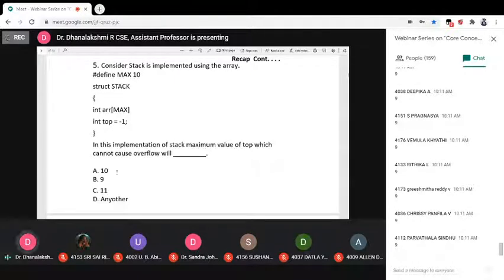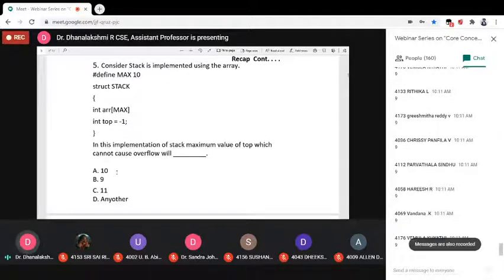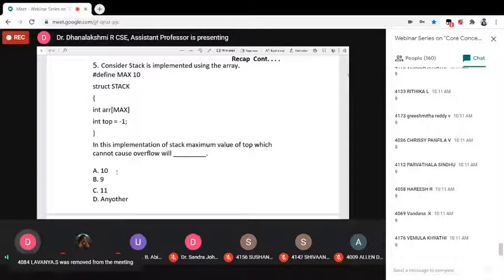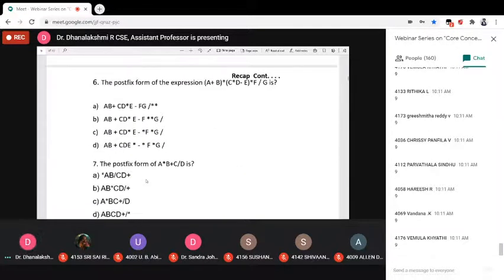Which value will cause the overflow condition? Yeah, Sindhu, your answer is correct. The answer is 9. Why 9? Because we know the stack index starts from 0, so 0 to 9. Up to 9 it will accept. After that, it shows the overflow error.